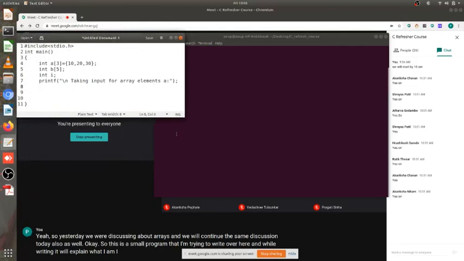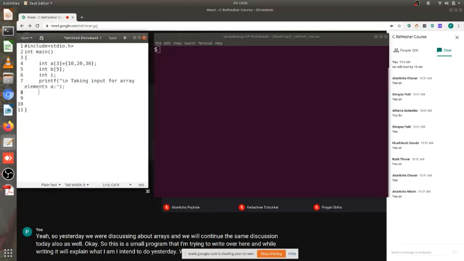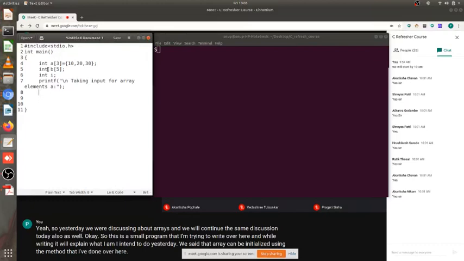So yesterday we said that an array can be initialized using the method that I've done over here, which is I can declare the array, and similarly I can initialize the values using curly braces with the values specified like this.